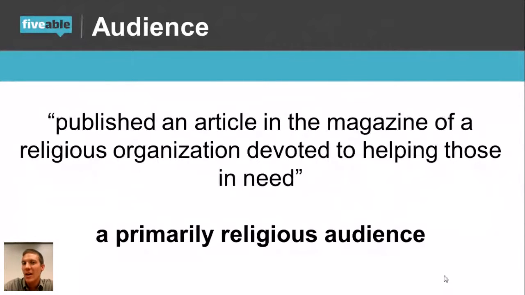Let's be clear. The audience is not the religious organization. That's just the publisher. So the audience are readers of this religious magazine. So clearly, they're going to be mainly Christian readers, mainly religious readers. But I'm going to use the word primarily intentionally because I don't want to say I'm assuming every single reader is a Christian, right? But I love that thought because if I said Americans, that's too broad.